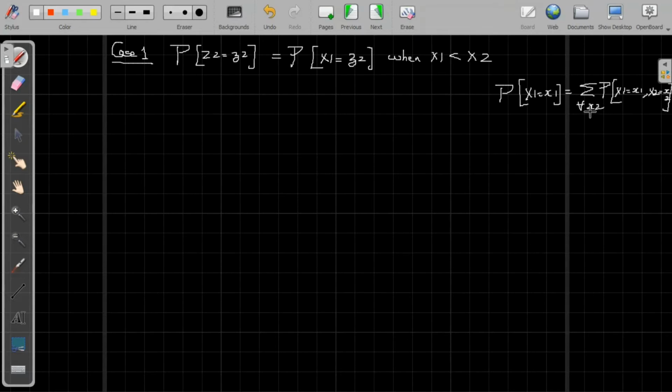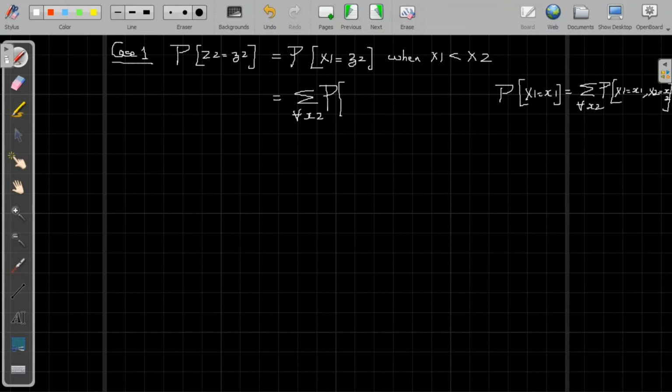This is the relation between the joint PMF and the marginal PMF. So applying this definition of marginal PMF here, it will be equal to the summation over all sample values of x2,